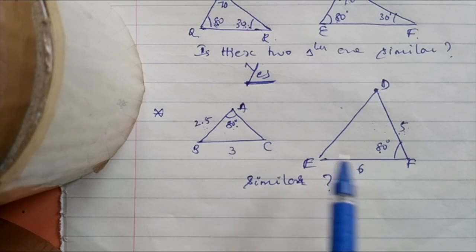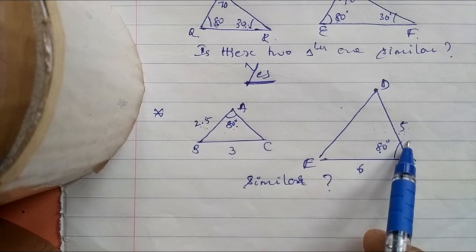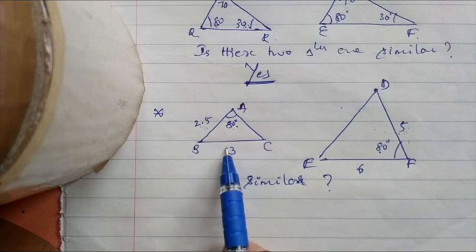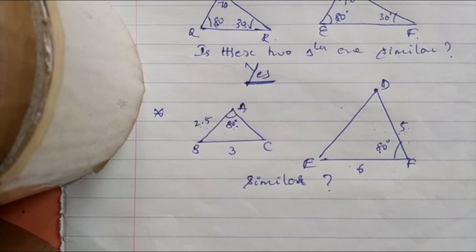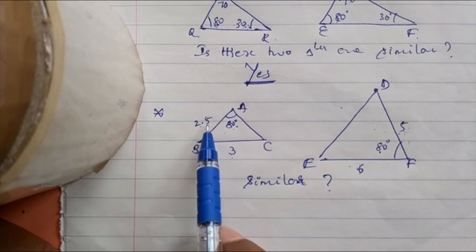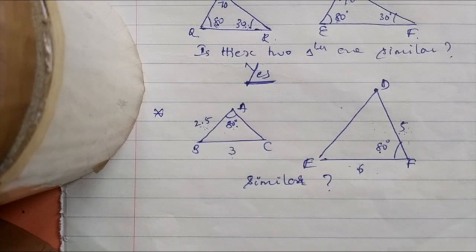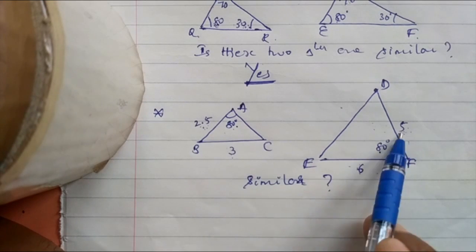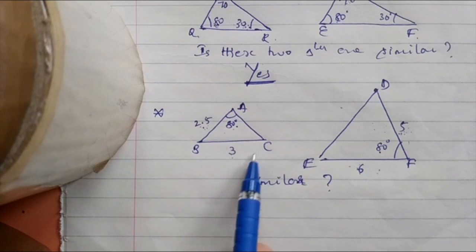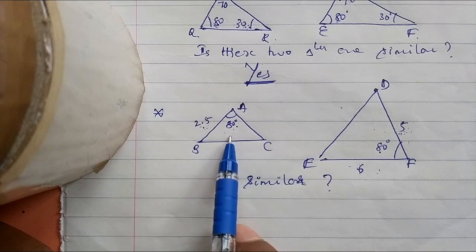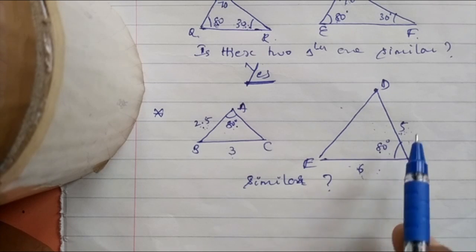3. Here it becomes 6. Yes, 3 becomes double. 2.5 doubled is 5, 3 doubled is 6. So if one side is doubled, the other side should also be doubled. If the other side were 3 times, it would not be the same, because all the three sides must be in equal proportion, equal ratio. If one side becomes double, another side also should be double. Then only are all the three sides in the same ratio. I mean all the three sides are equally increasing by the same times. 2.5 doubled, 3 doubled. So therefore the two sides of this triangle become doubled in the other triangle.